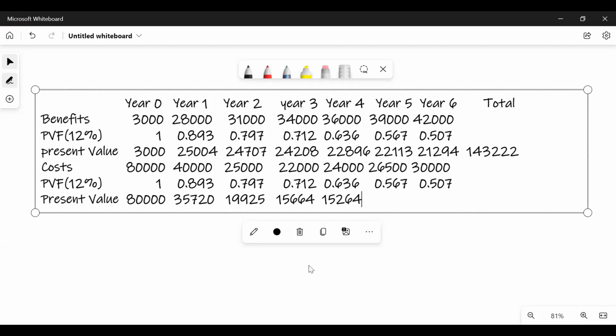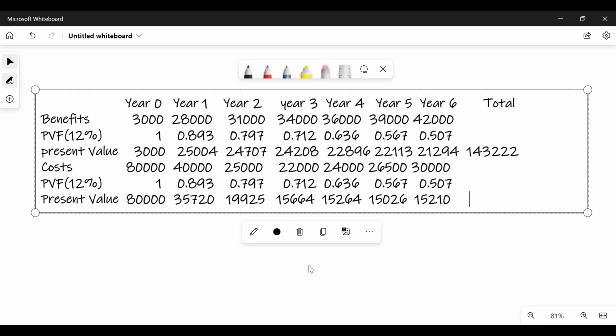Is it 15,264? Then 26,500 into 0.567 is 15,026. Then 30,000 into 0.507 is 15,210. And when you add the total,